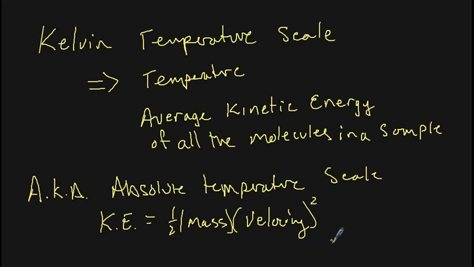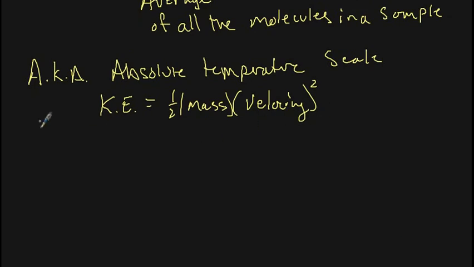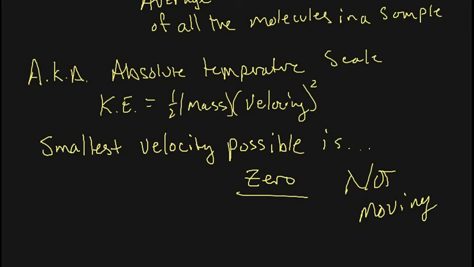Well, you can go as fast as you want, but if you're going to go backwards and you want to try and reduce all of the kinetic energy, there's only so low you can go. And so the smallest velocity possible is zero. Or the smallest possible velocity is not moving. So, if the smallest velocity that's possible is not moving,